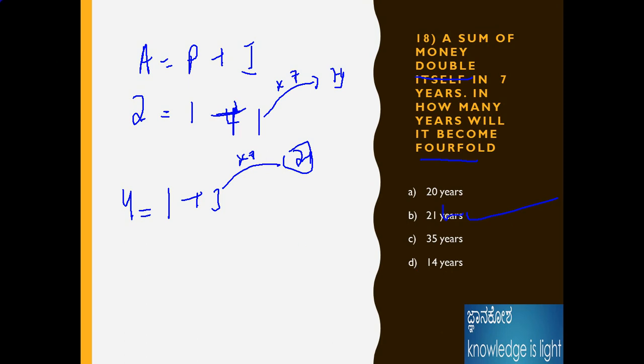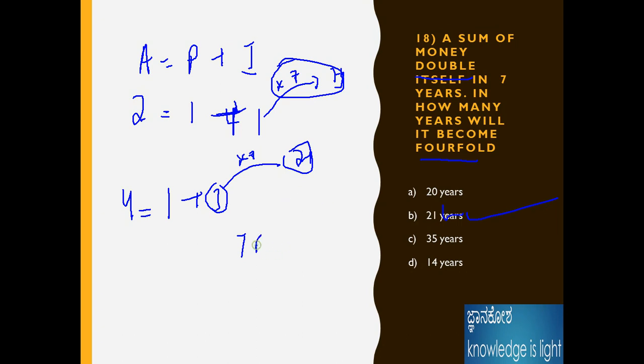Okay, or else apply this logic formula. A is equal to, for double time, the principal should be 1, and the remaining should be 1 plus 1. Then for 4, we already have 7 years, so into 7. We need to multiply whatever 4 means, 4 is 1 plus 3. Here it is into whatever the 3 is. We need to multiply. Already we got the into 7. 7 times 3 is 21 years, it should be double. 4-fold, 4 times should be double for the amount.